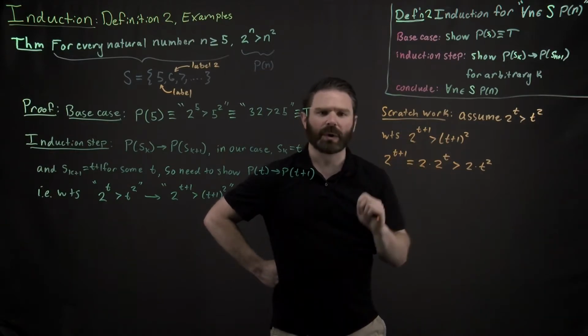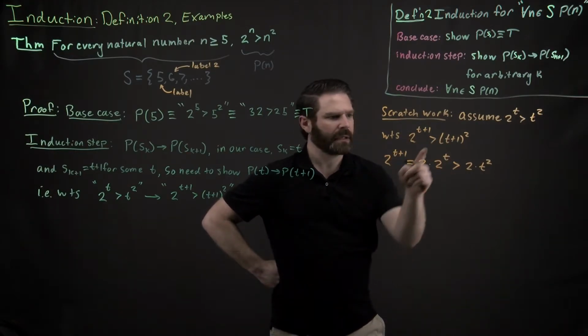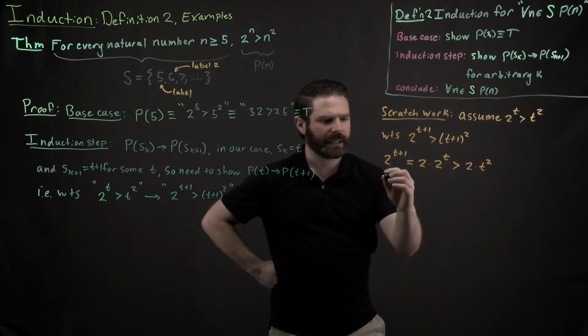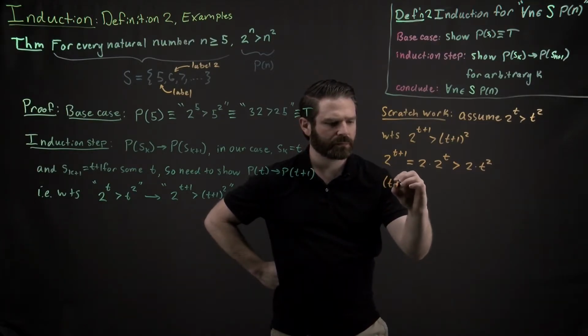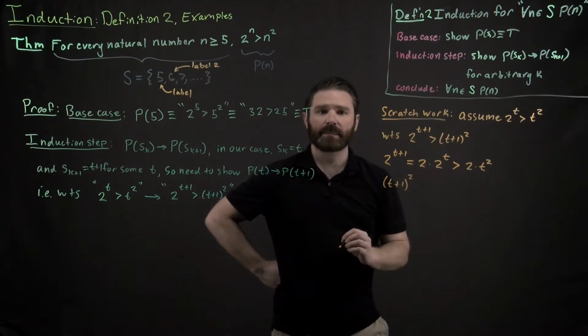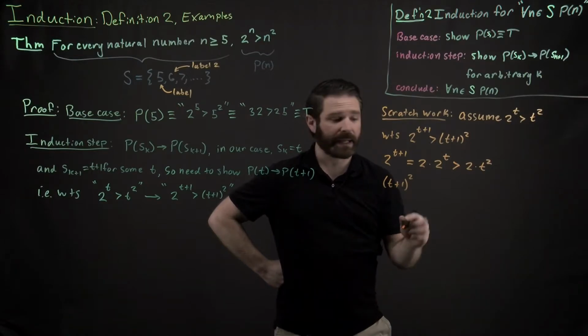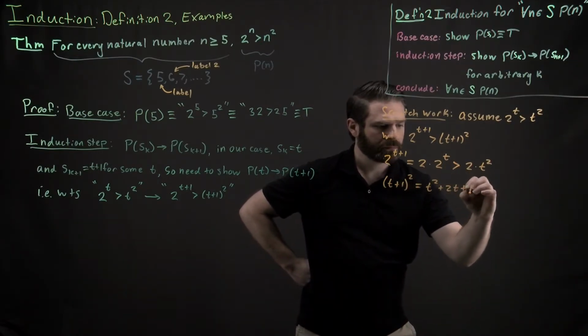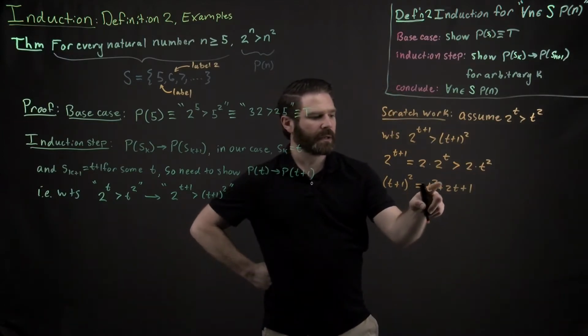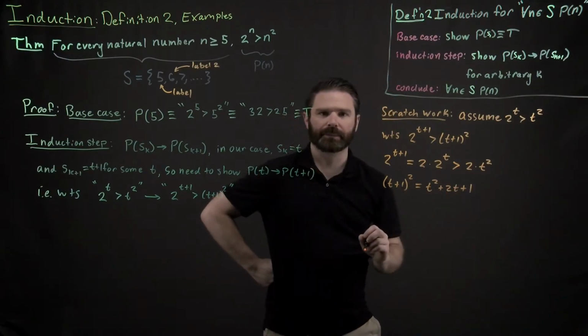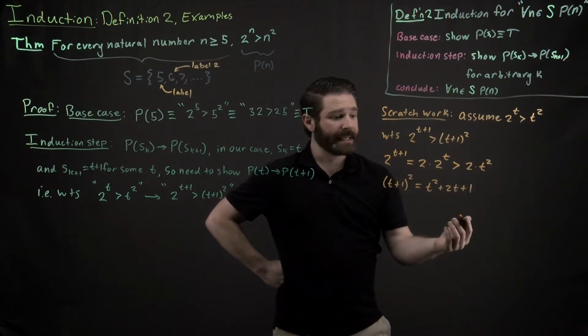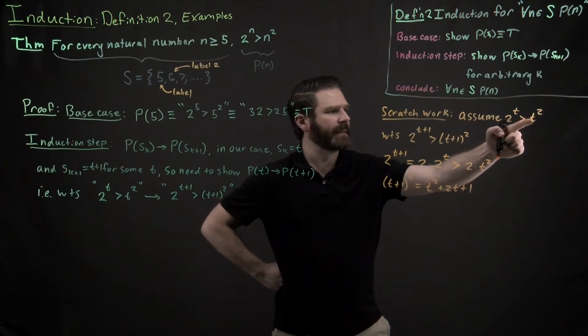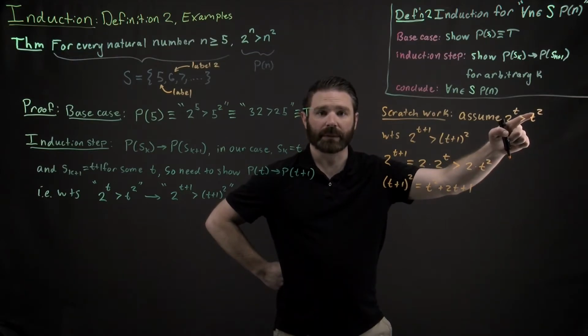Now let's look at the right-hand side of this inequality. So the right-hand side of this inequality is (t plus 1) squared. And if we expand that out, I get t squared plus 2t plus 1. So I see that yes, there is something in here, this t squared, that is part of my assumption. So